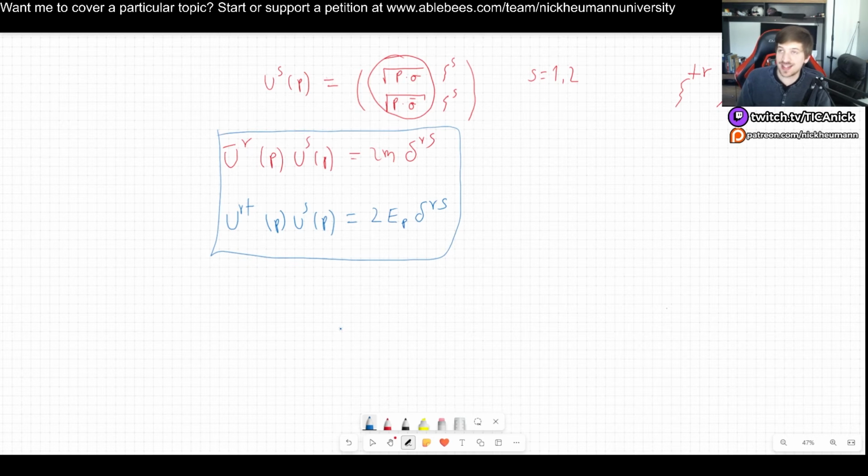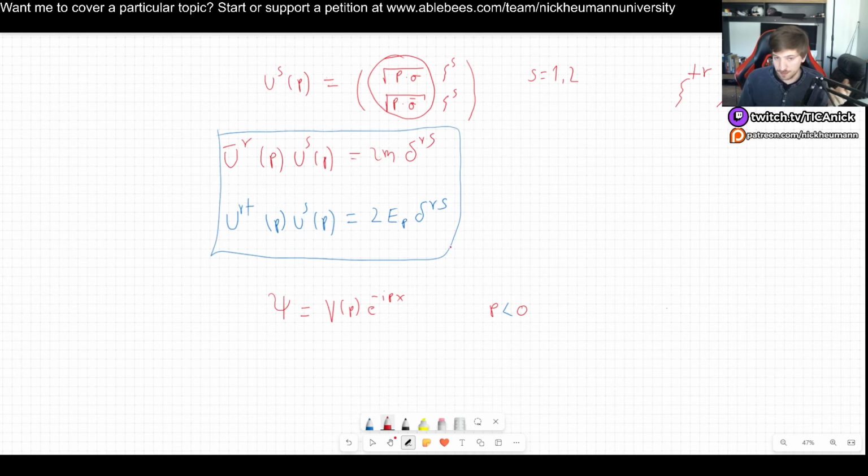Now we want to do the exact same thing that we just did, but for the negative frequency solutions. So basically what we had was psi equals u of p e to the minus i px. So this was for the positive frequency solutions. But now we want to go for the negative frequency. So this time we're going to have p less than 0. And now let's, instead of u, call it v